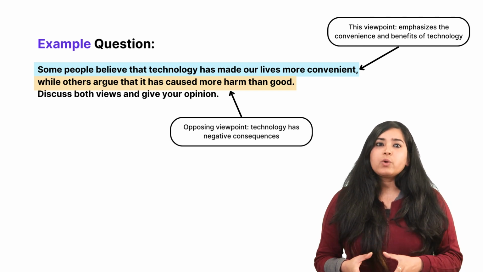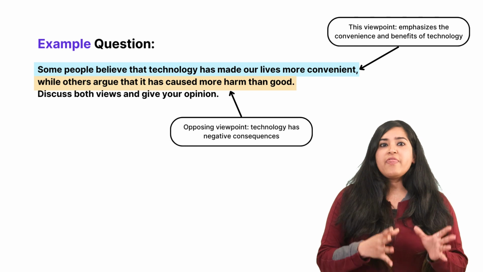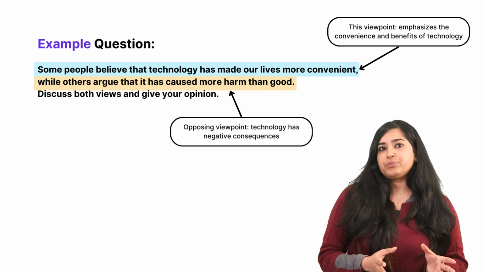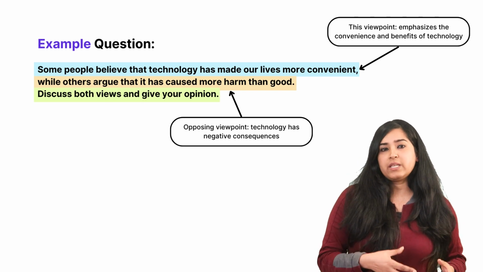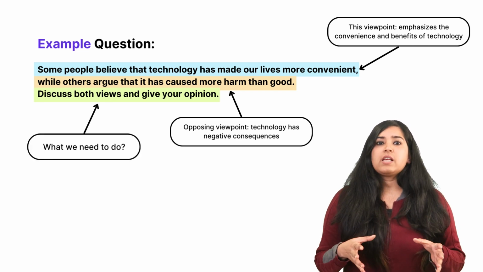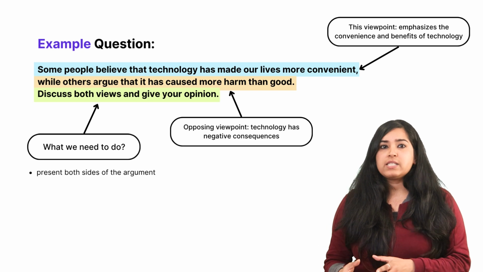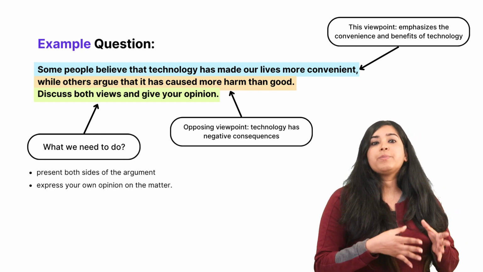Before we go into planning, we need to know one more thing, and that is what we have to do. For this question, we need to discuss both views and give our opinion. This means that we should not only try to present both sides of the argument, but also express our own opinion on the matter. After the analysis, we will go on to planning our essay, so let's discuss how to